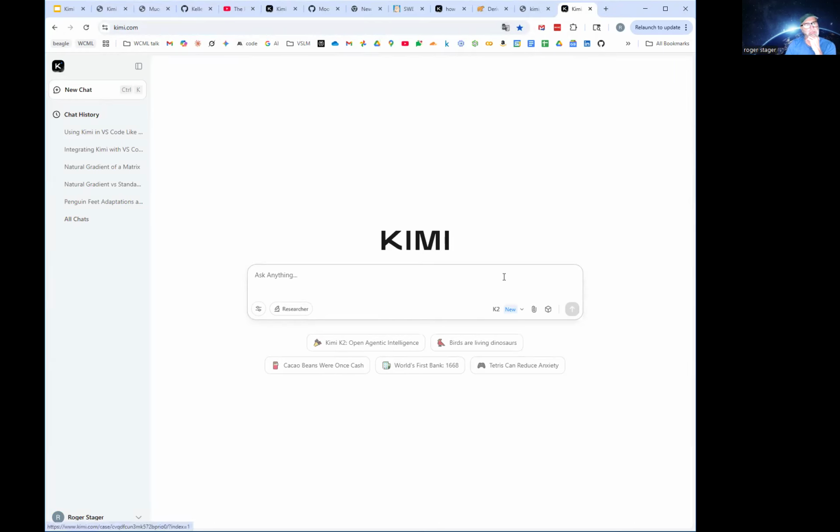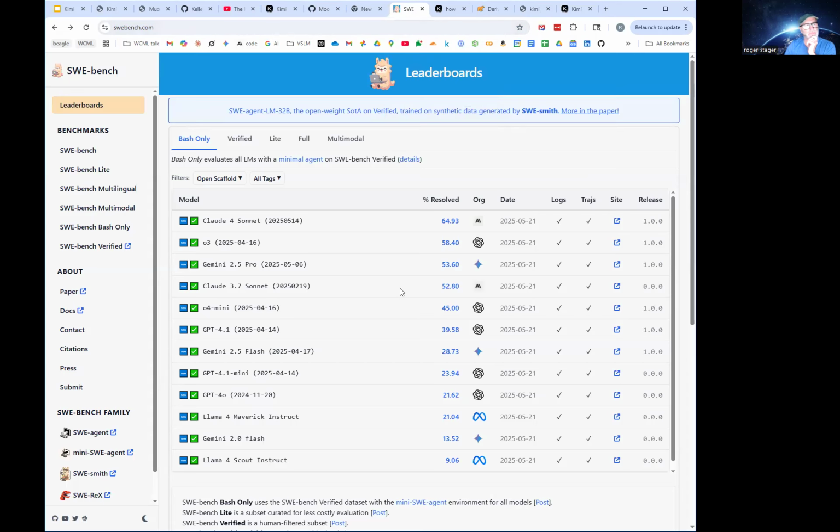Pretty easy to play with. One of the commenters I saw made the comment that it's kind of slow relative to some of the other ones, and a response from Moonshot was it's a matter of scale. This thing's really taken off, and we can only service so many. So I wouldn't see any reason that would be architecturally slower, but right now the experience that you'll have would be slow. And then the one other thing, oh yeah, this was the SWE bench. Where is Moonshot on there? They're actually not on there. Huh.